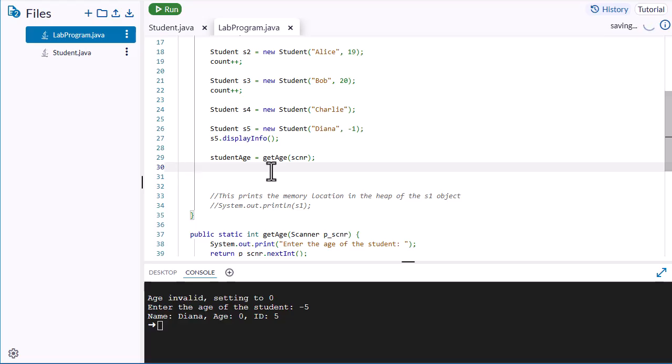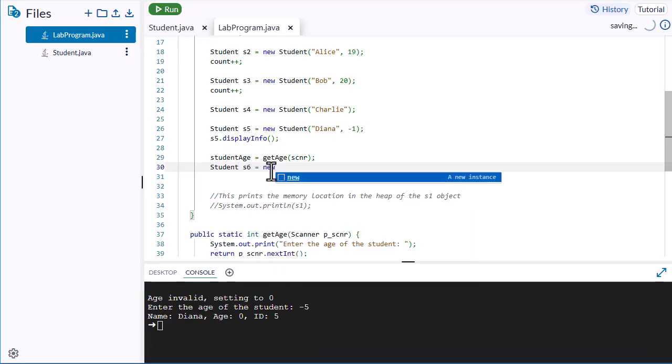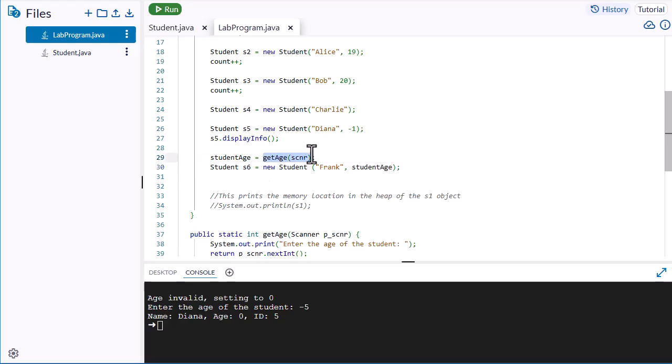Let's create our Frank now. Student S6 equals new student, in quotes, Frank, and student age. Alternatively, instead of student age, we could have put this method call directly in here instead. Either way is fine. So this should create Frank with an age of -6, but let's clean this up a